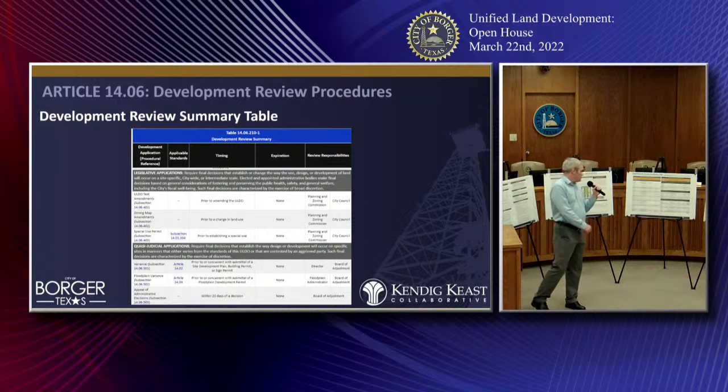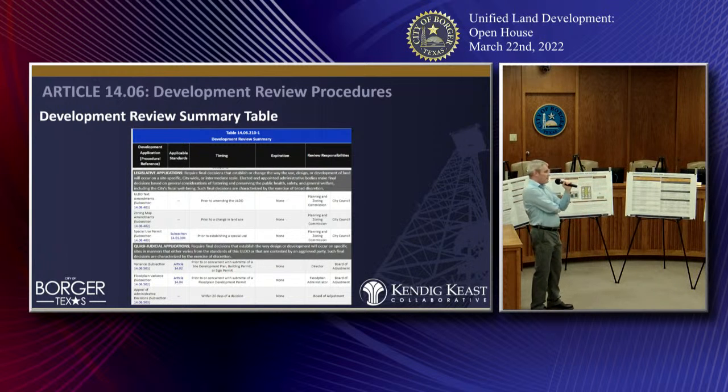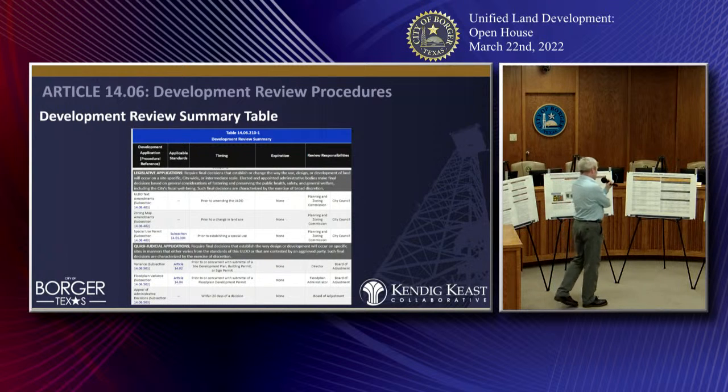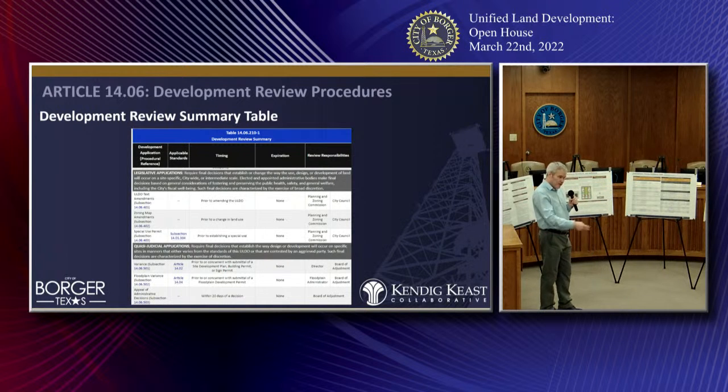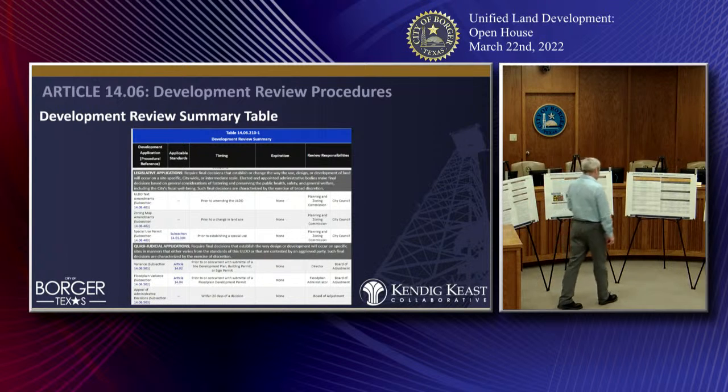This is a key table for Module 3, and it's in one of these posters here. This one has the entire table on it. It shows each of the development applications that are addressed in the ULDO, and then the next column has any applicable standards. So for a sign permit, there's a reference here to the sign standards that would go along with someone applying for a sign permit. Those sign standards say how big a freestanding sign can be in area, how big it can be in height, where it could be on the property as far as setbacks, stuff like that.